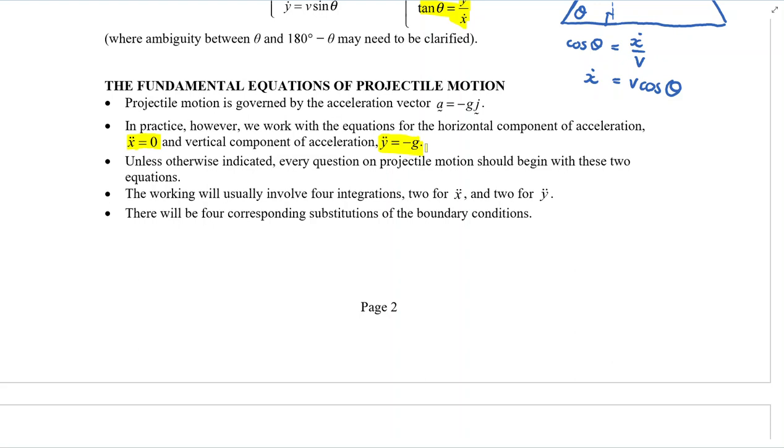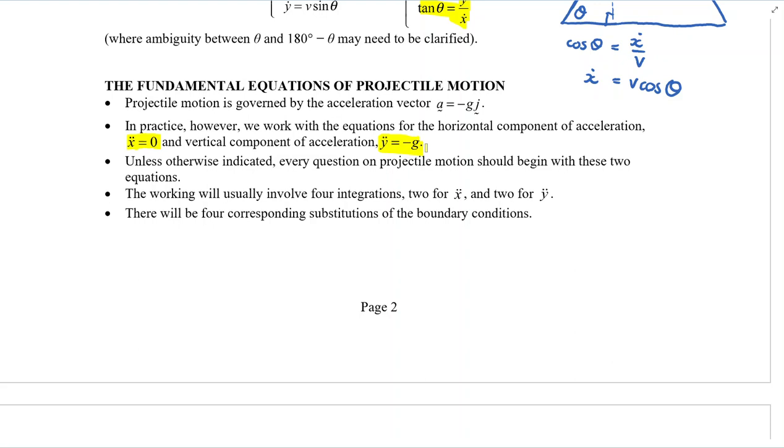Unless otherwise indicated, every question in projectile motion should begin with these 2 equations. So you've got to start with those and build the rest of your stuff from there. The working will usually involve 4 integrations. Starting with your acceleration, you'll integrate to get velocity for both of them